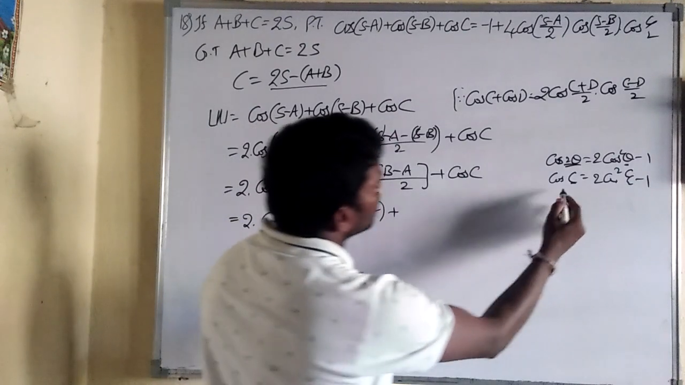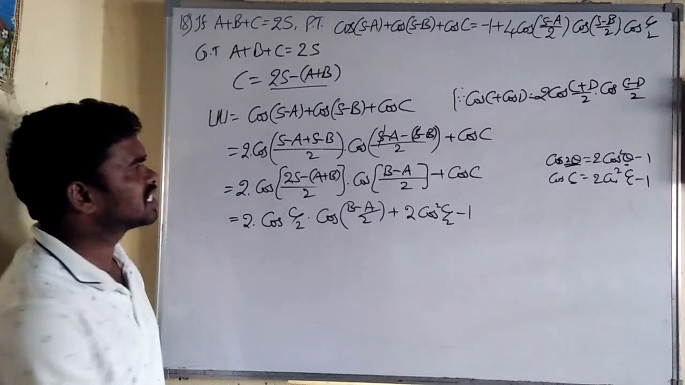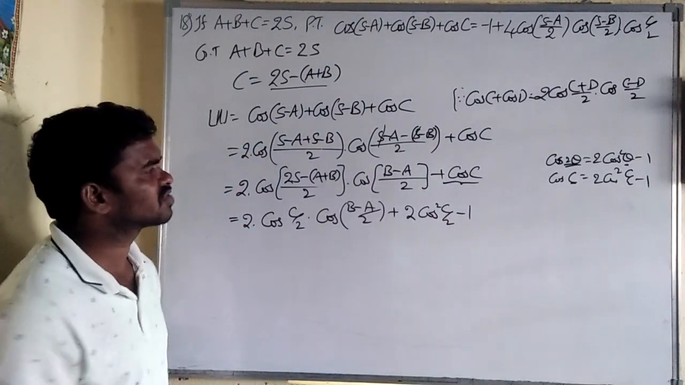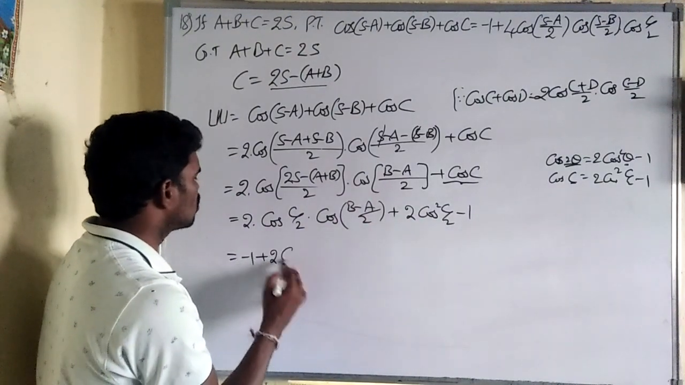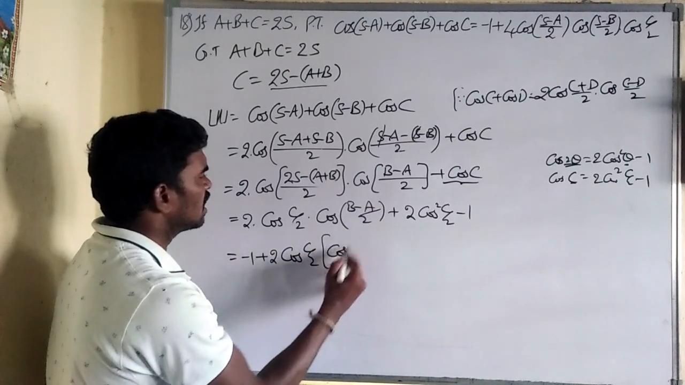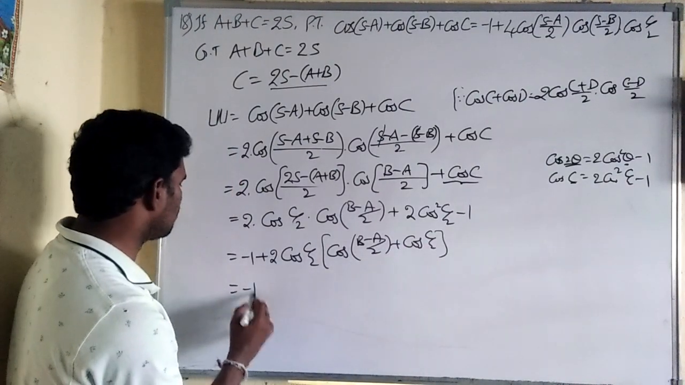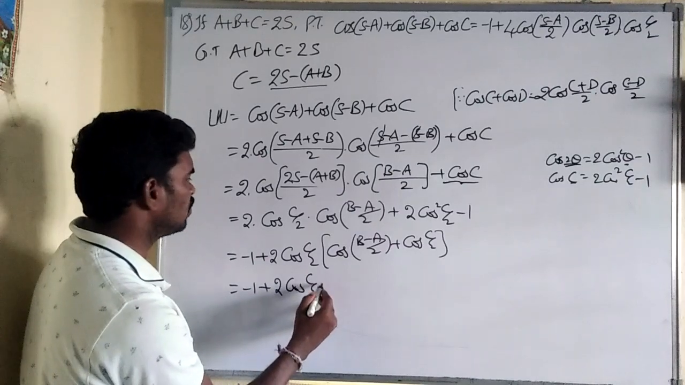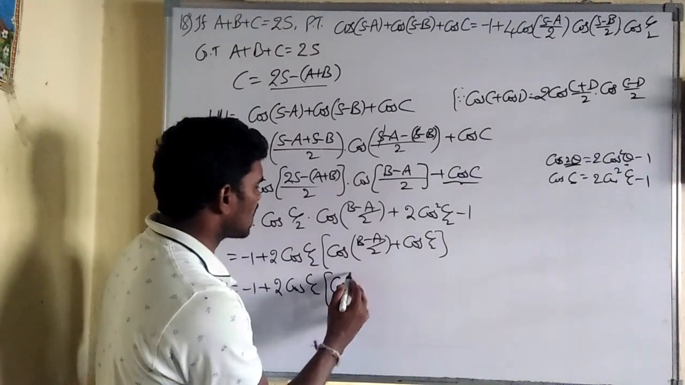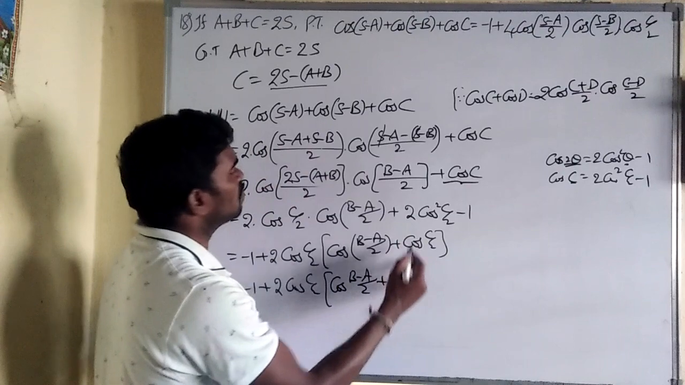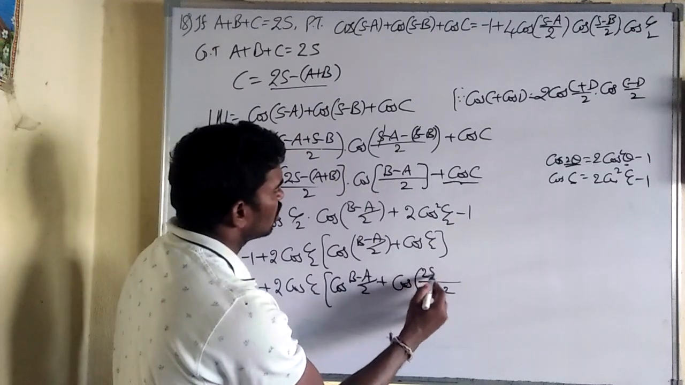So cos C we can write as 2 cos square C by 2 minus 1. That's it. Instead of cos C, we can write 2 cos square C by 2 minus 1. So first write minus 1, and then from here take 2 cos C by 2 common. Then the remaining are cos of (B minus A) by 2 plus cos C by 2. Now this is minus 1 plus 2 cos C by 2 into, cos of B minus A by 2 plus cos C by 2. What is cos C? C means 2s minus (A plus B)